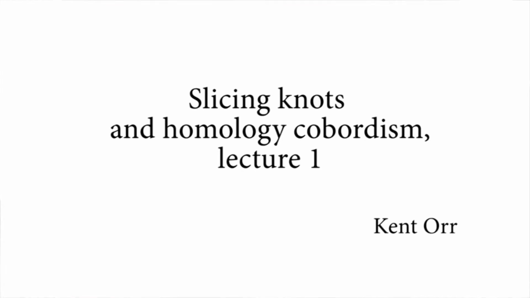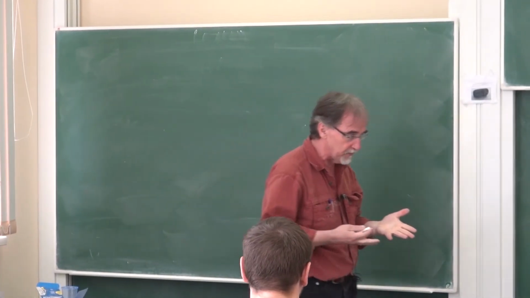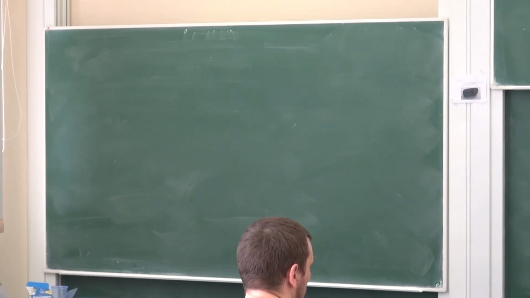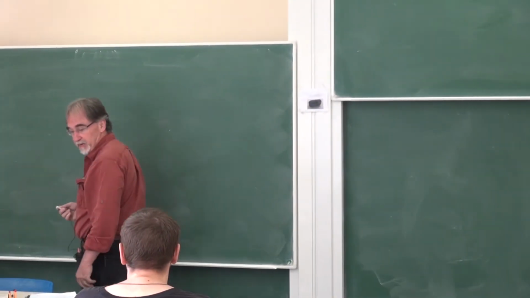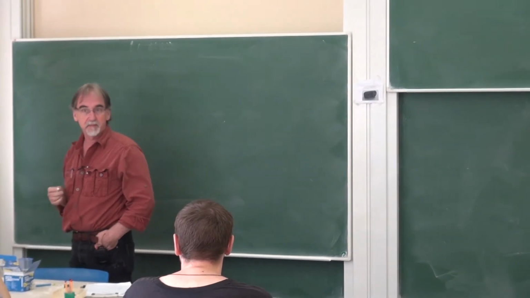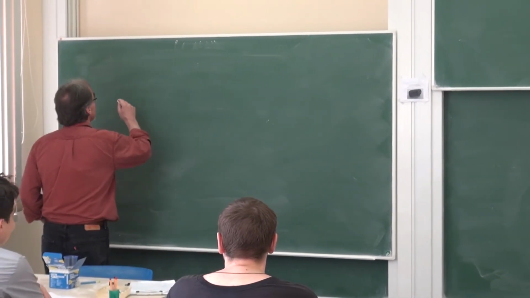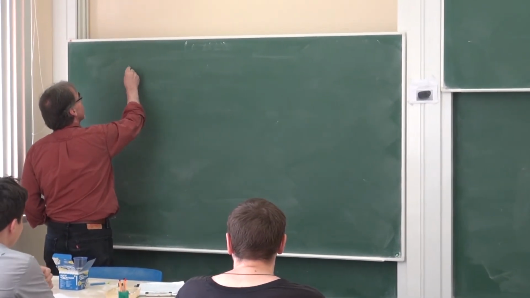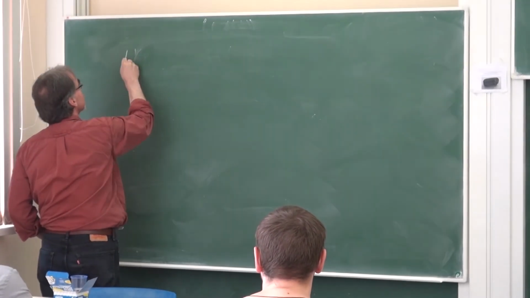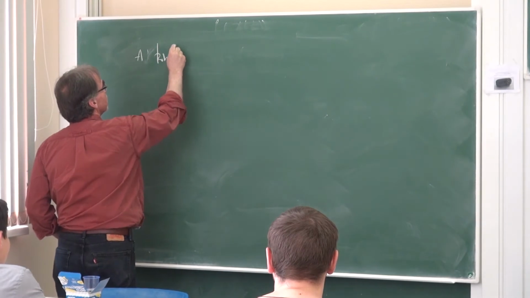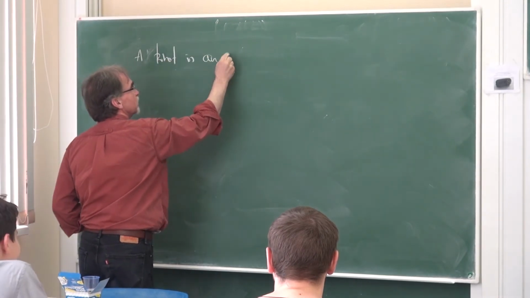First of all, I'm going to talk about some old invariants of John Milnor's for studying links, collections of knots. Let's just start with something very basic and make sure that everyone knows what I mean by the trivial knot. So first of all, a knot is an oriented circle